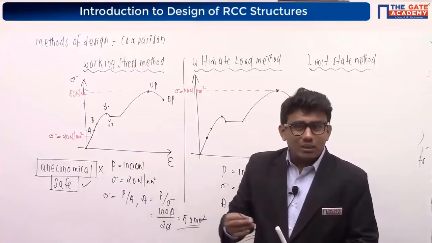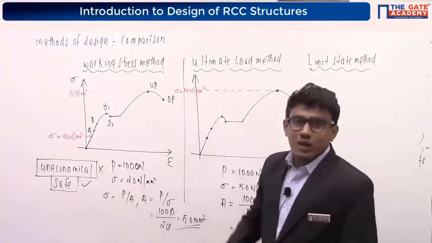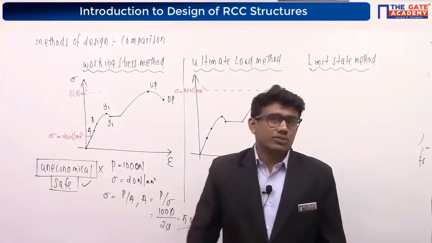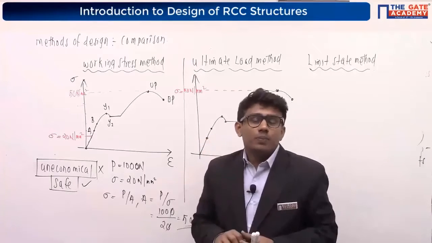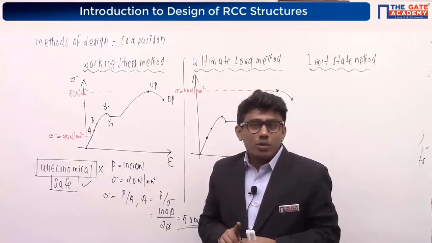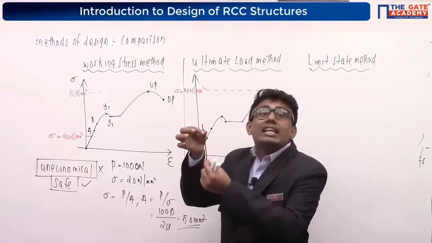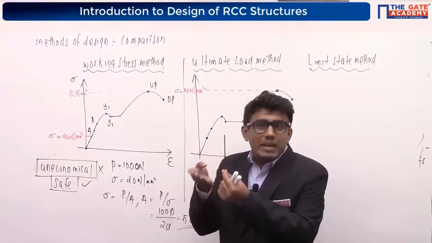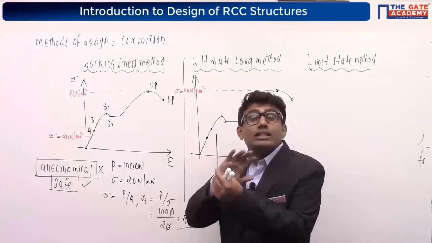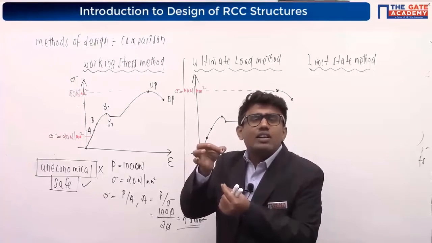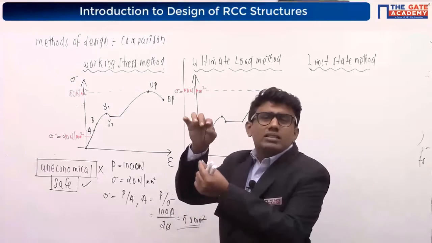Then talking about the mild steel bar I obtained by using our ultimate load method, we have used the entire stress value. Tell me, is it safe or unsafe? I'm using the entire strength of this material. When we talk about the ultimate load method, yes, exactly, it is unsafe. See, we are getting slender or thin members. This is the same material, but when I consider the ultimate strength, all the strength of the material, the cross section required will be very, very less for carrying this load, which is actually not safe. Slender means thin materials.